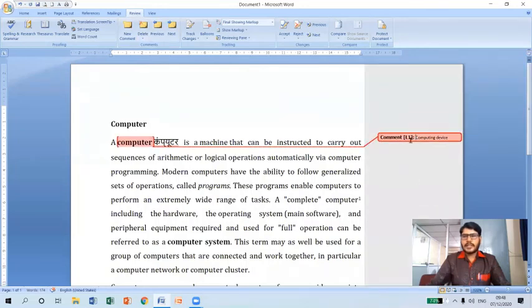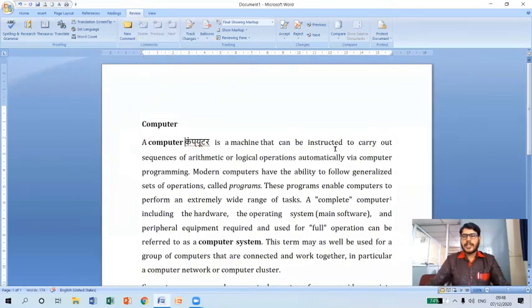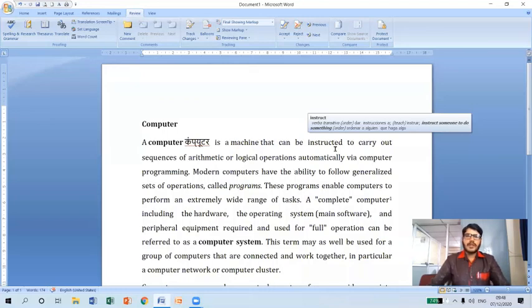Similarly, I can select this comment also, and click on Delete so that it will delete all the comments. So this is how we can insert a comment in an MS Word document, and also how we can navigate between the comments by using the Previous and Next options, and how to delete the comment lines which we have included in our document.